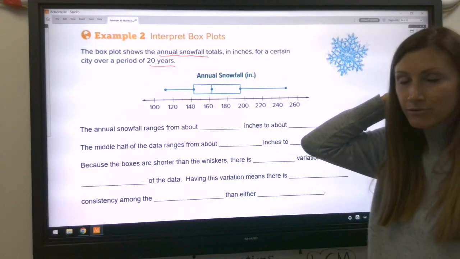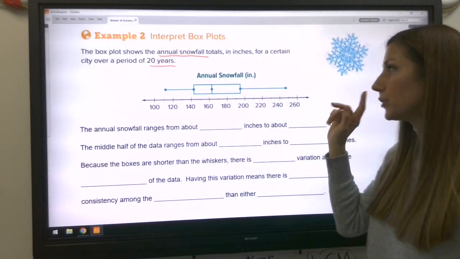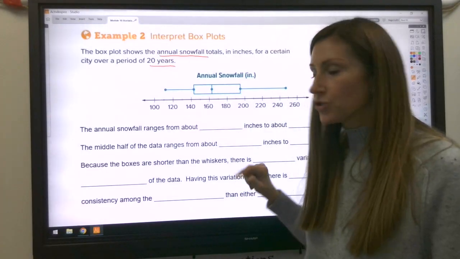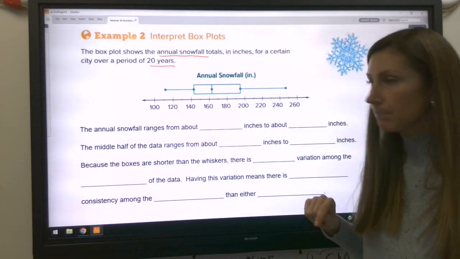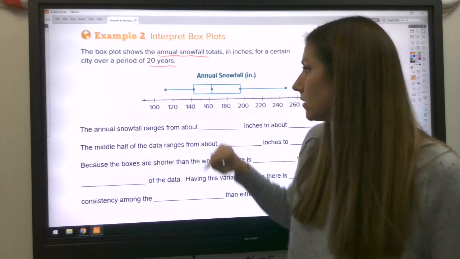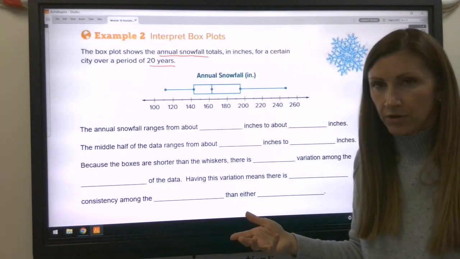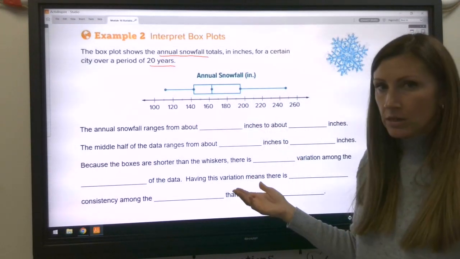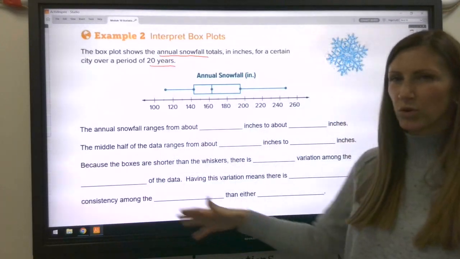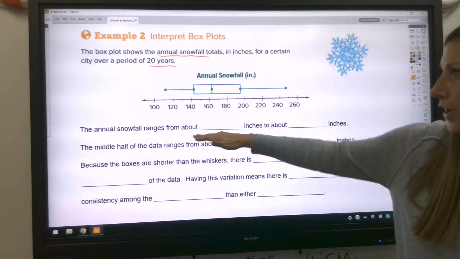So you don't have 20 years worth of data represented on here, but you do have the lower extreme, the upper extreme. This would be the median, this would be quartile 1, and this would be quartile 3. So using that, we can answer this statement, okay? I know when it's someone else's words, it's hard to tell what we're going to fill in here, but we'll think through it together. All right, the annual